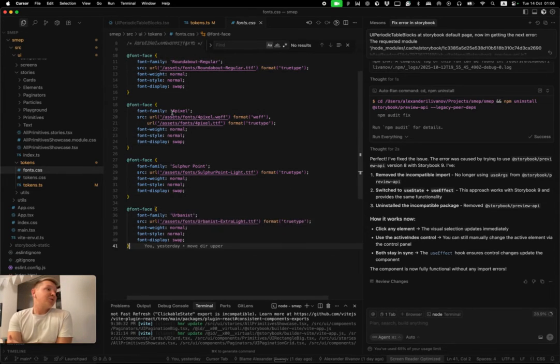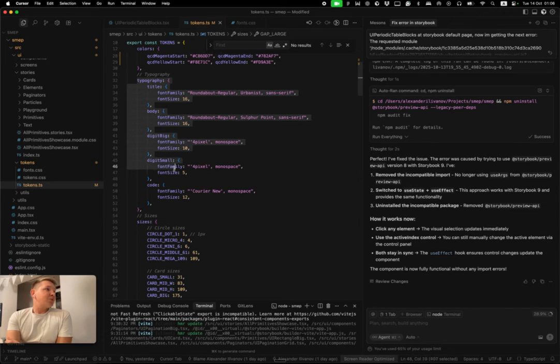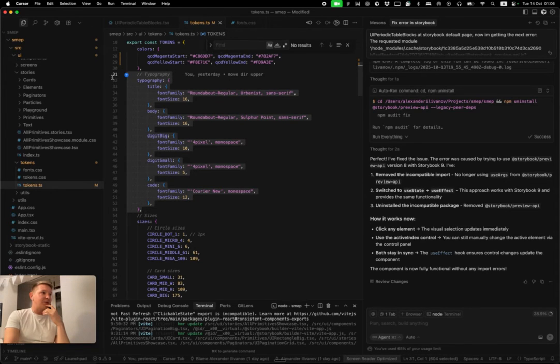I'm uploading the fonts themselves, and in the tokens I have this list of typography, and beyond this list I'm not allowing any font size, any magic numbers in my project. That's how I can keep it nice and tight inside.